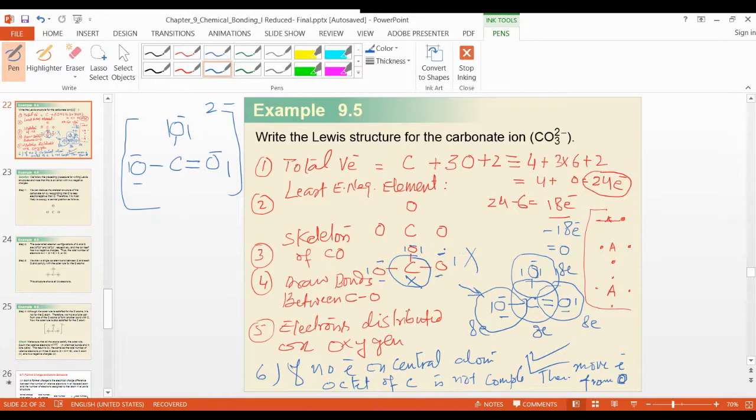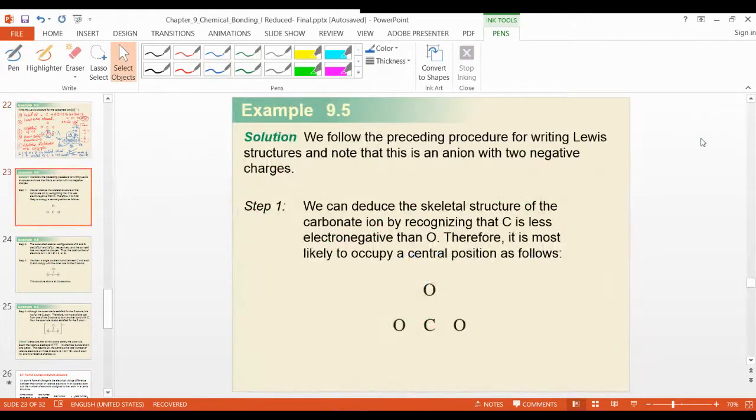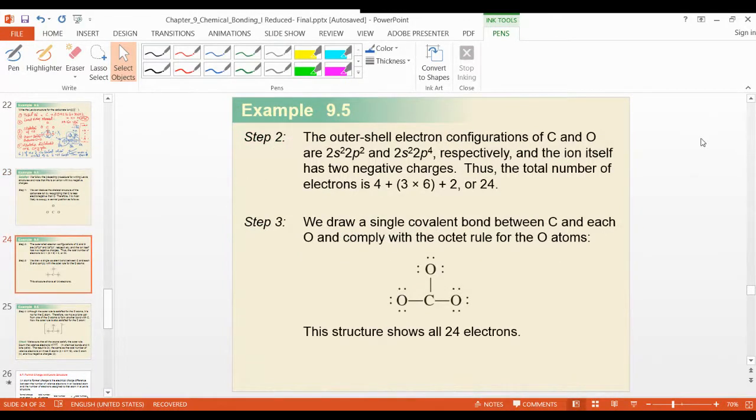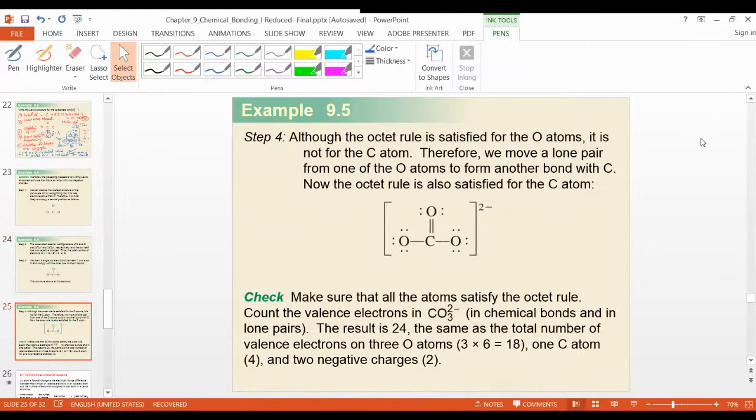But you have to, because you will distribute electrons to complete the octet of oxygen. So this oxygen already has 2 electrons. How many electrons are required to complete the octet? 6 electrons. You will put 6 electrons here, 6 here, 6 here. Any question now, please? No. The steps are already here. It's all the steps. This is the final slide.